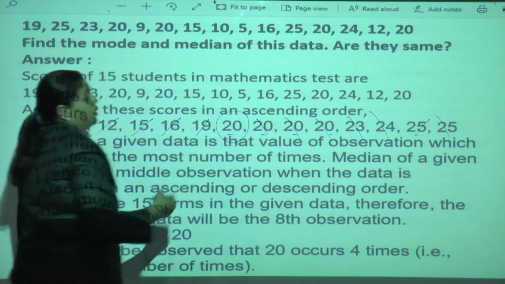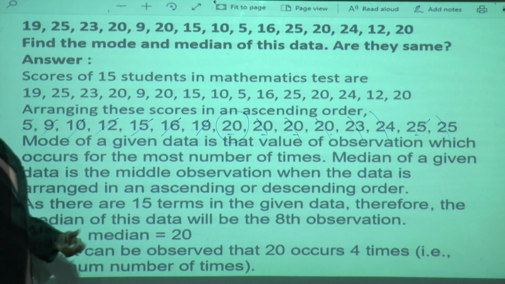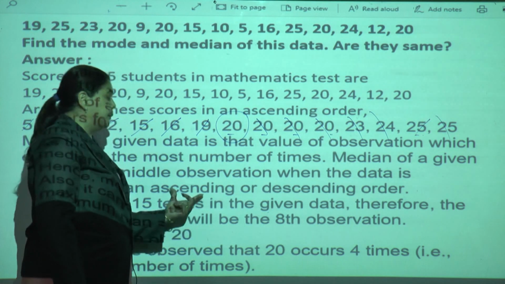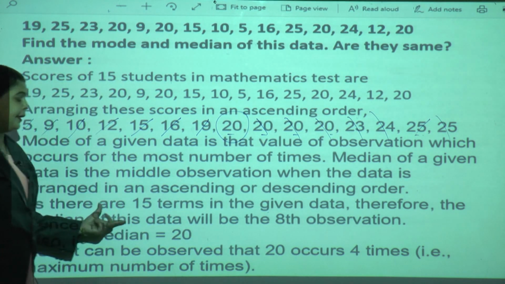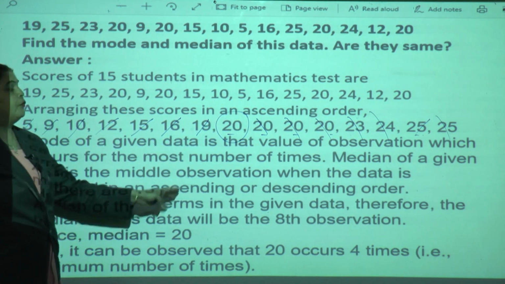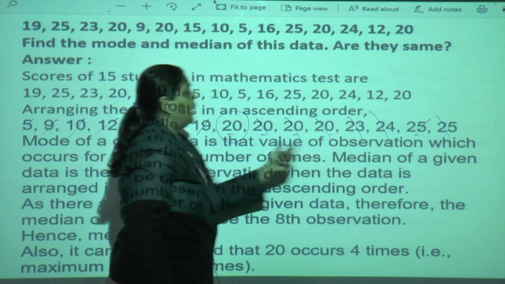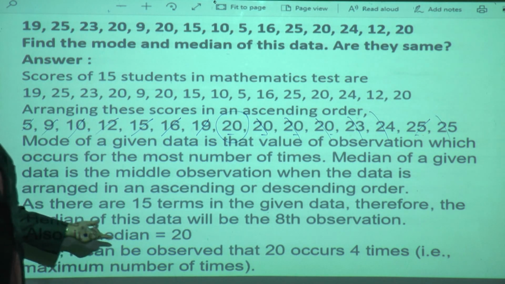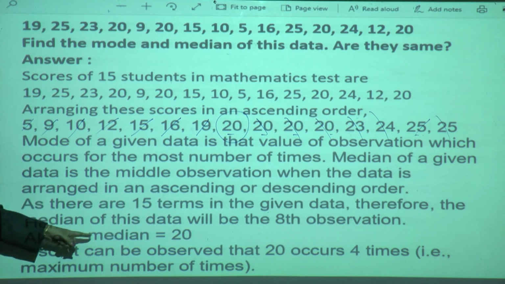Now this is our middle term, so that is nothing but our median. If you are smart enough, any time you get an odd number of terms. Here we have 15 terms. So what will that be? Here we get 7, we cross out 7 on each side, and the 8th term is the middle term. So we can say the 8th observation in the given data is nothing but our median.